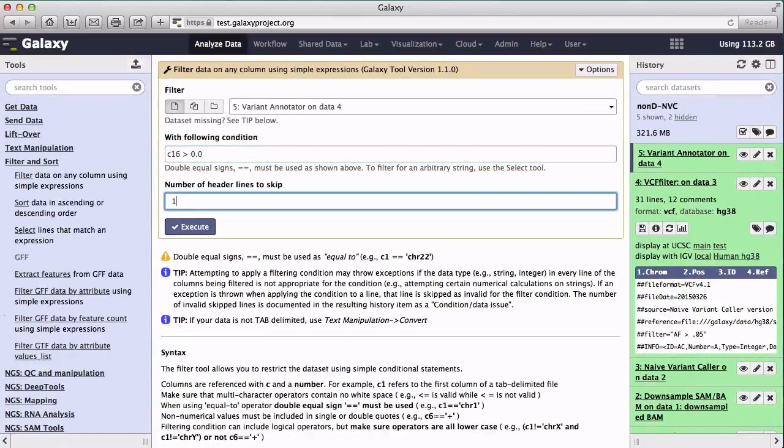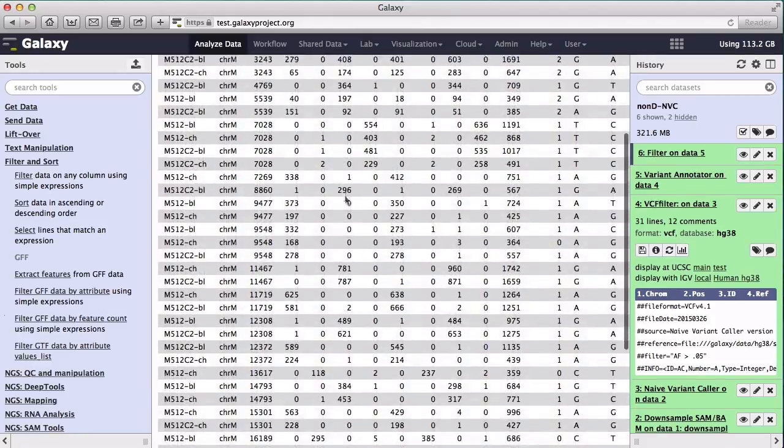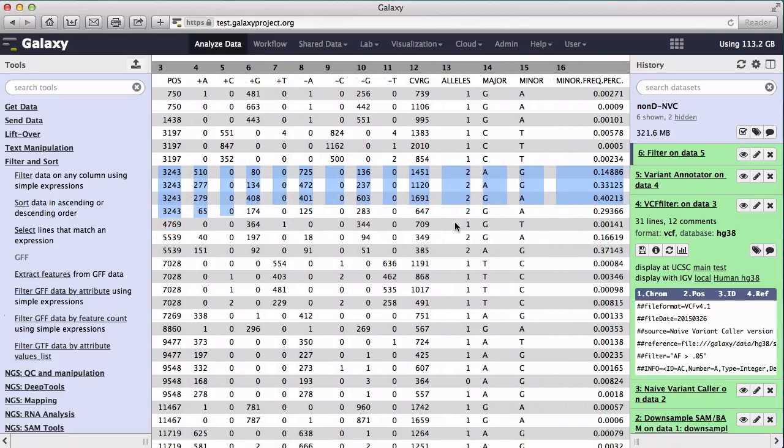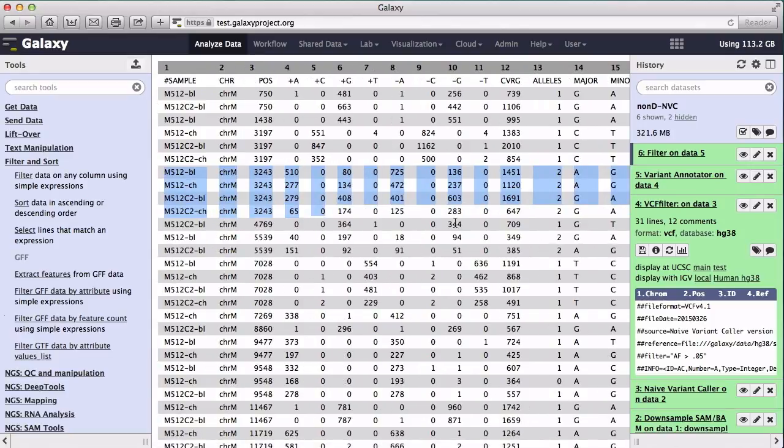I have one header line in this data set. And so now you can see again that our site 3243 is featured here prominently. So this is an example workflow on how to call continuous frequency variants in non-diploid